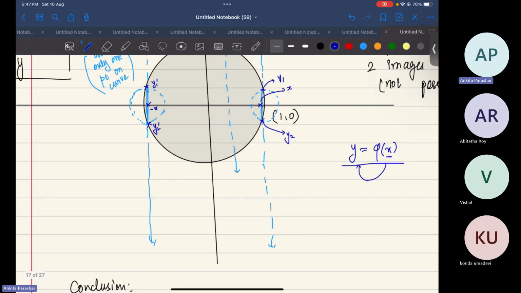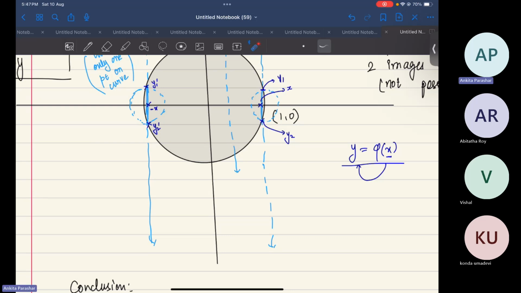Can you see that? In any small neighborhood you take, or in fact a big neighborhood also, at this point and this point, minus 1 comma 0,